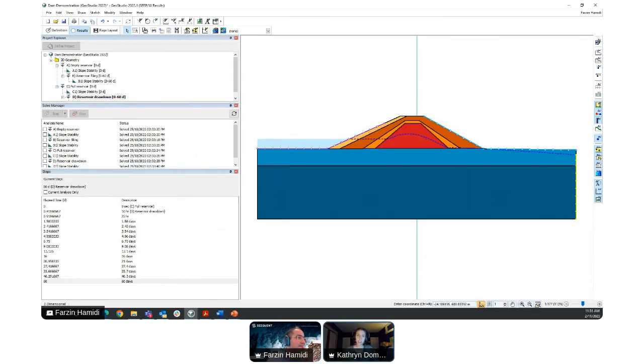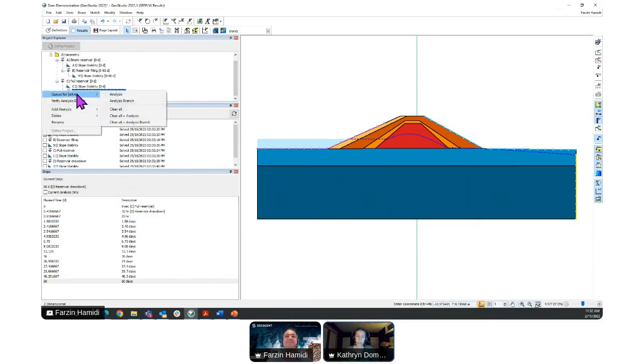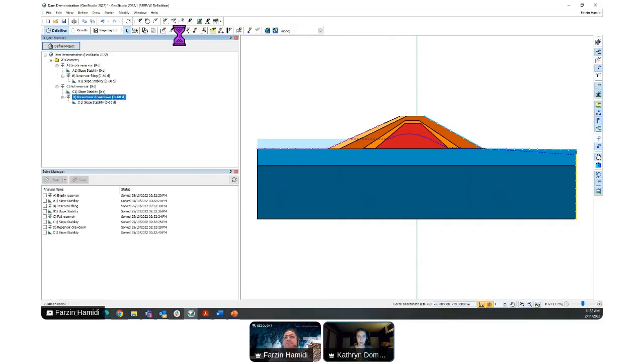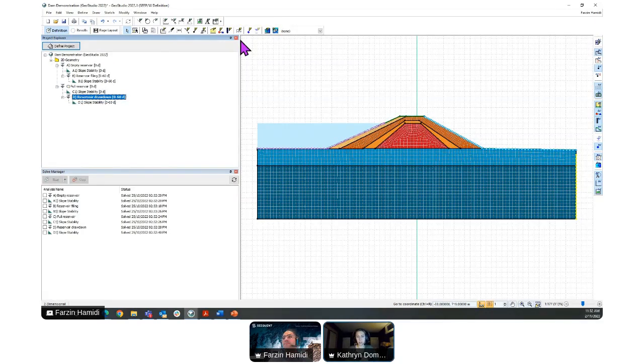A couple other quick suggestions for people that run into convergence issues. This is a really common support question that we get from many different users that are modeling dams. So if you have convergence issues, you're not alone. We also suggest that you can decrease the mesh size around your drain. If it's a transient analysis, then decrease that mesh size. You might have to decrease your time steps accordingly, because smaller mesh and smaller time steps tend to go hand in hand.